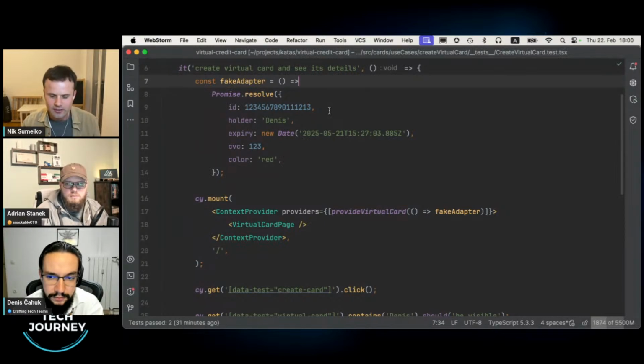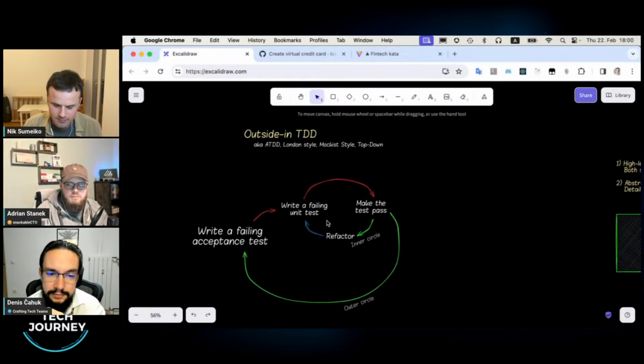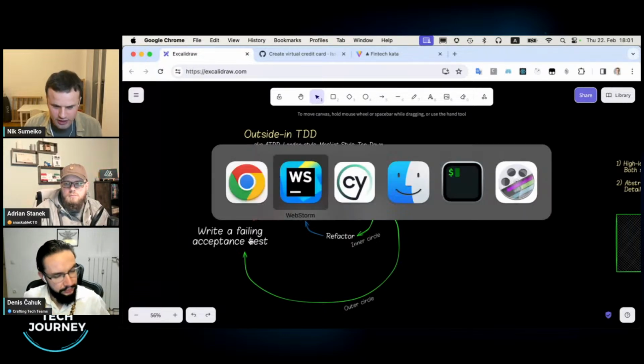Now we've got things in place. We completed our outer circle by writing some unit tests and these acceptance tests up front, and now we are good. All our tests are decoupled from implementation details. This means you could do aggressive refactoring of anything. You could move components around, change divs to some other design system as you want, or change how your model, the view model, is generated.